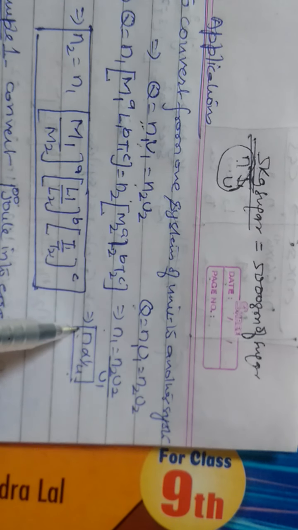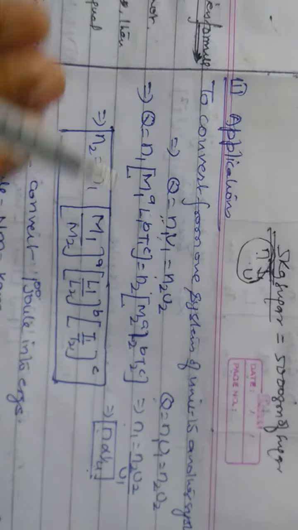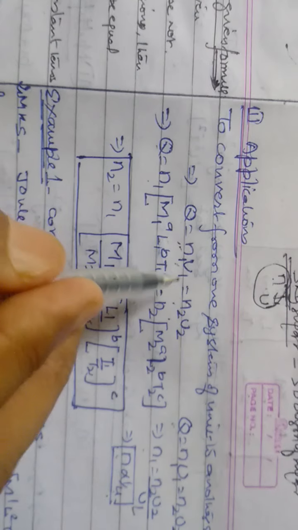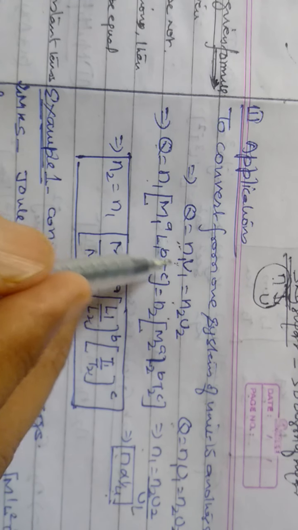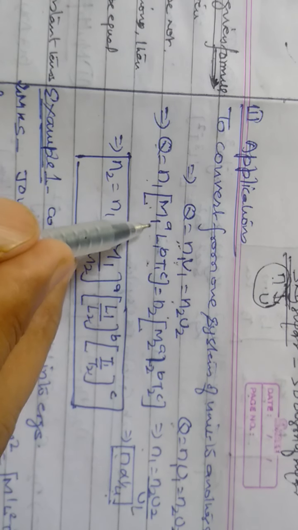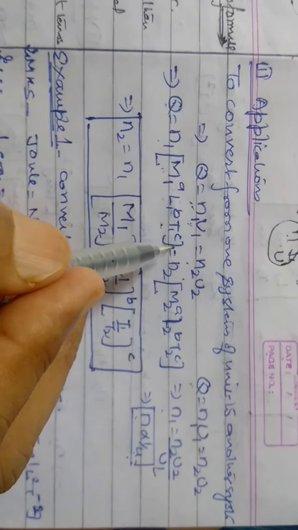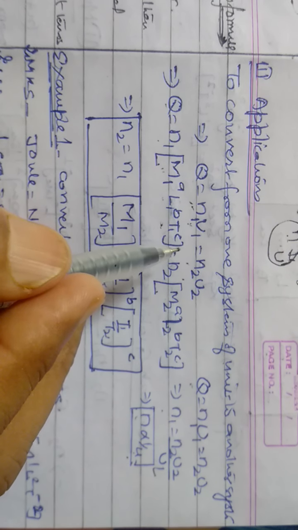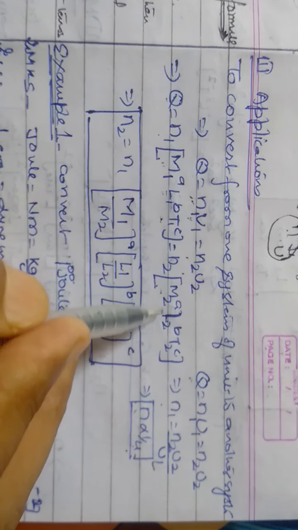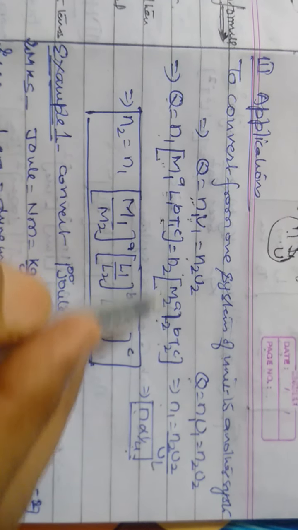If the unit is larger, then the magnitude will be lesser. If the unit is smaller, then the magnitude will be larger. So this is the basic concept. Unit is always represented in terms of physical quantities like M, L and T. M1, L1 and T1, with a, b and c as the dimensions of mass, length and time respectively. Because dimensions remain the same if the system is changed, M1 becomes M2 in another system of units, L1 becomes L2, and T1 becomes T2, while a, b and c remain the same.